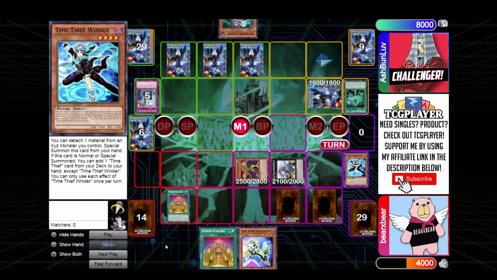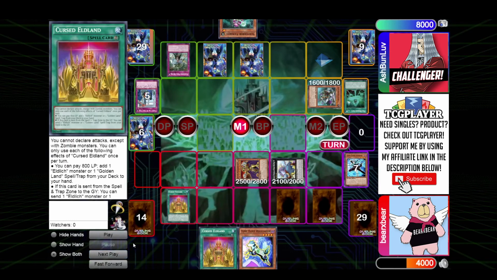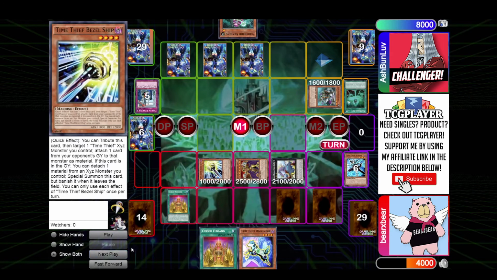And now, we're going to activate Bezelship's effect in the graveyard to try to special summon him. But our opponent chains Final Battle, flipping up the Guru. And the chain resolves. But now we have Bezelship and our opponent...